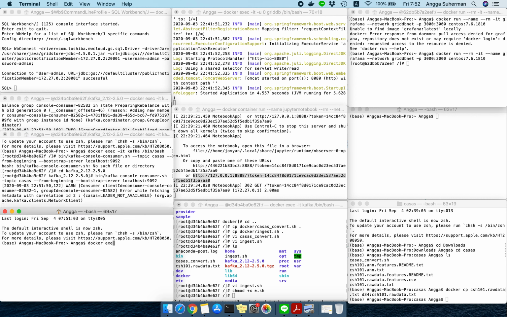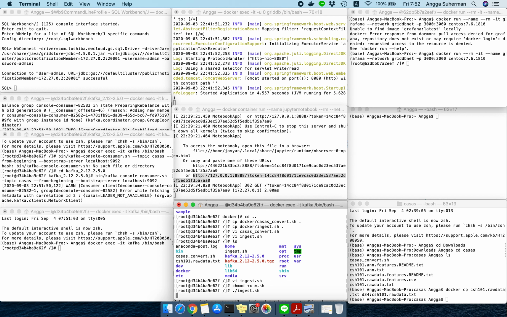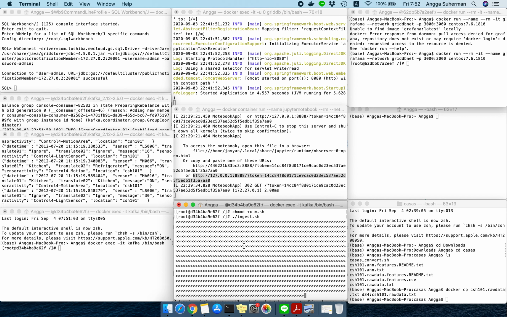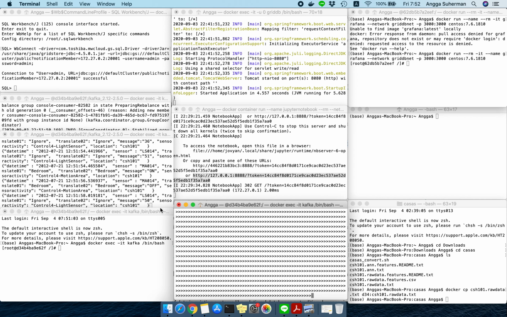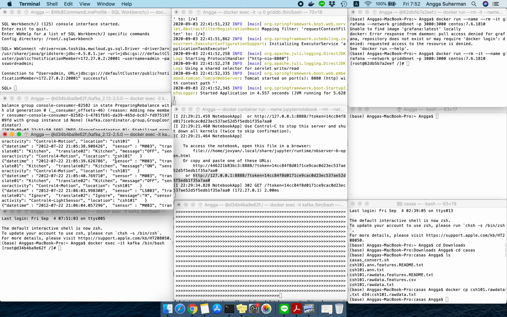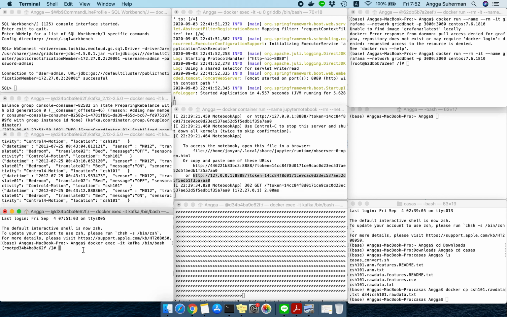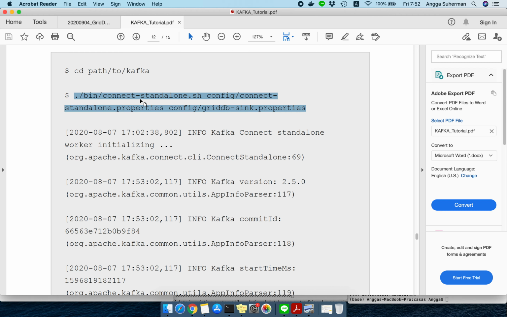So docker exec -it kafka /bin/bash. So what we're gonna do is to ingest this file. So we're gonna run that file. Right, so that file is gonna parse through all of this data that we converted earlier in JSON format into the new cases topics,